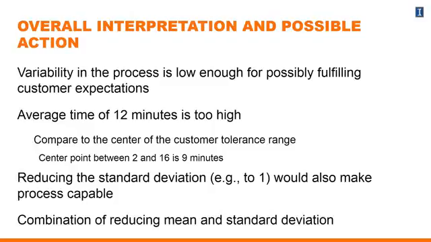Maybe based on different training of different people who are working in the kitchen and different training of different people who are serving and taking orders outside. There might be some things that can be done to reduce the variation, to reduce the standard deviation of the process. And if that can be reduced, then the process will become capable of serving these kinds of customers. You'll get a ratio that is going to be greater than 1, both in the case of CP and CPK,